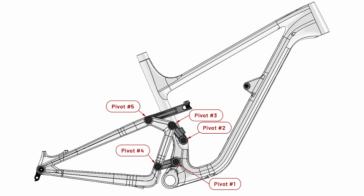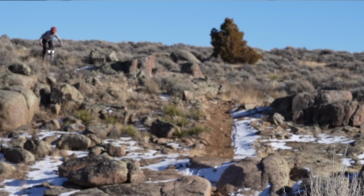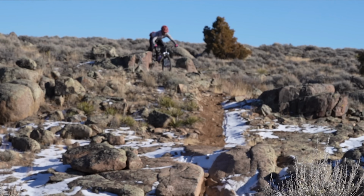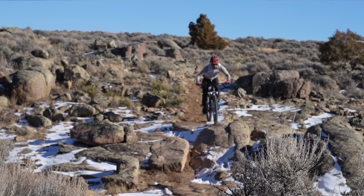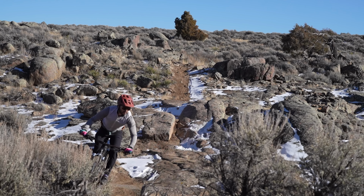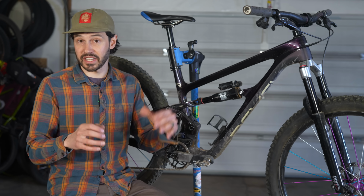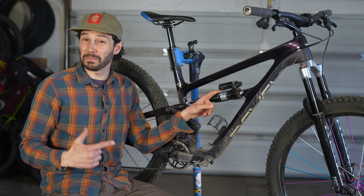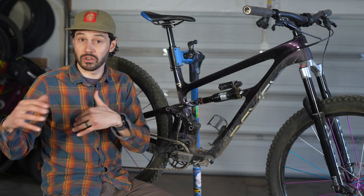So on descents, CBF delivers a smooth and controlled ride thanks in part to the Rascal's carefully tuned anti-rise curve. So this minimizes the effect of braking forces on the suspension, ensuring the suspension stays active when you actually need it most, helping the bike maintain traction and control on rough technical sections. Modern shocks also play a significant role here. So when paired with Revel's optimized